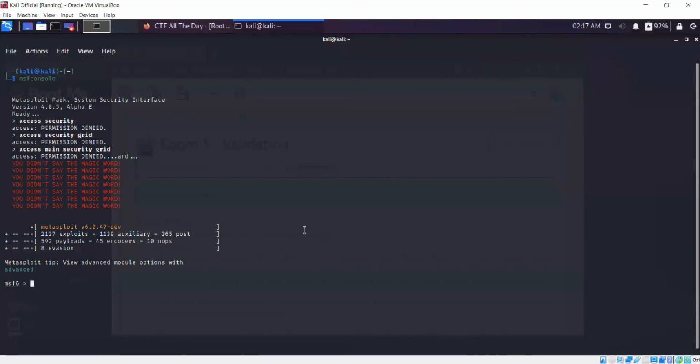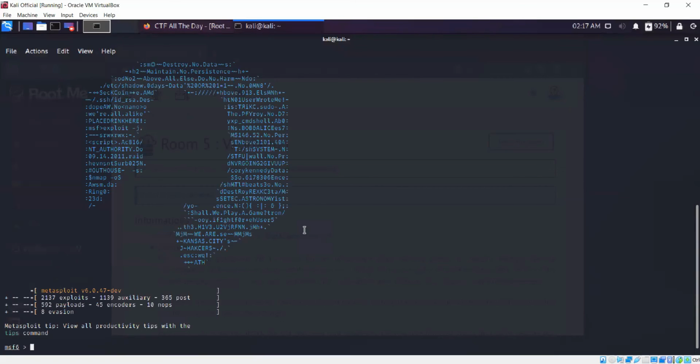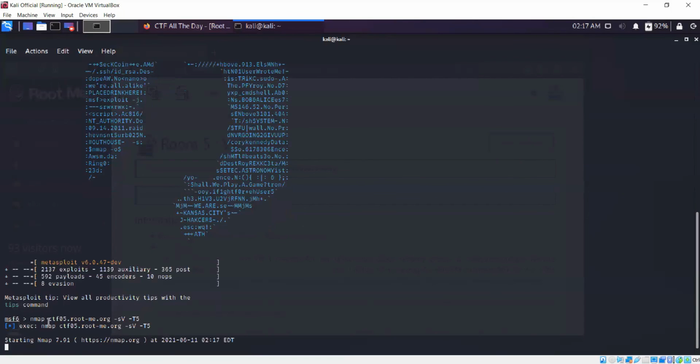I'll do nmap here. -sV to get the versions of the services the particular machine is running, to help us find a better exploit. And the -T flag to speed things up. 5 is the maximum, so we'll do it as fast as we can. This is the domain name, this is the target.